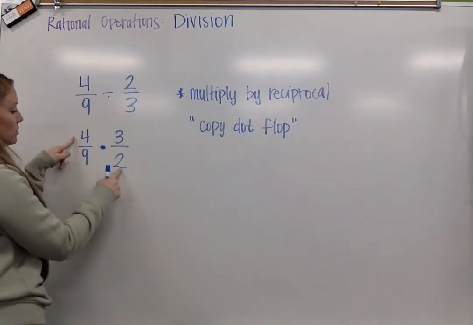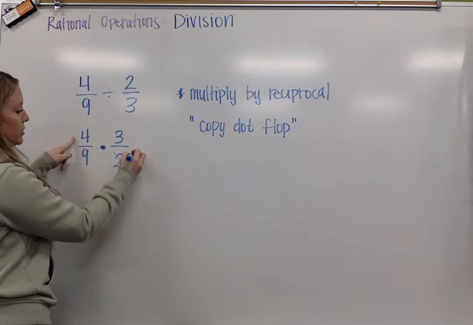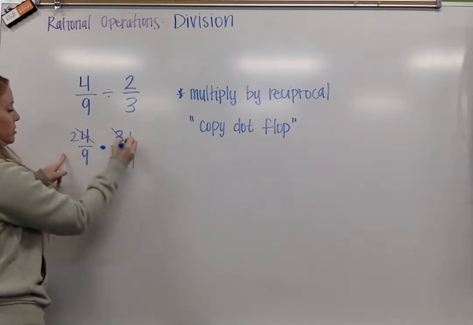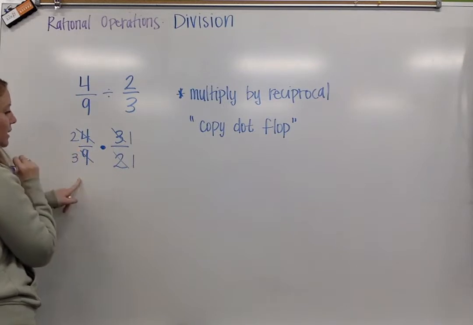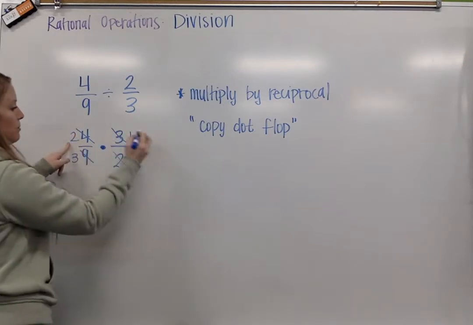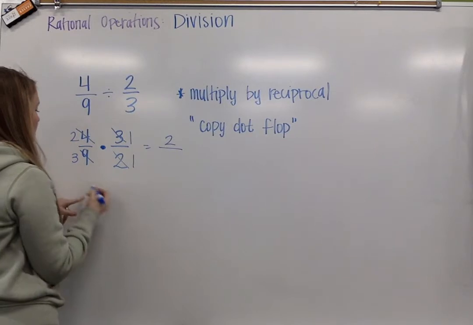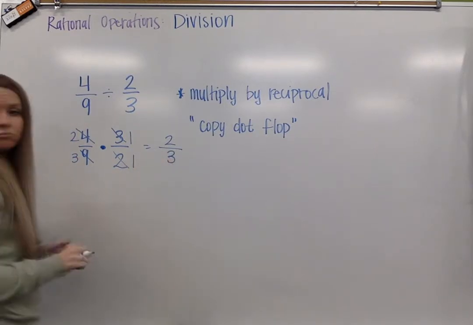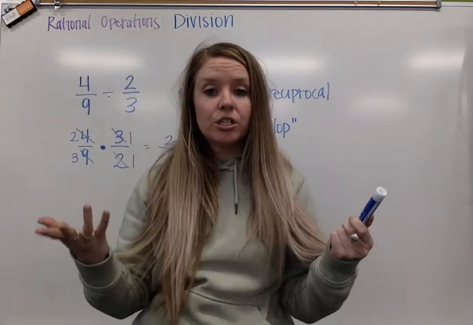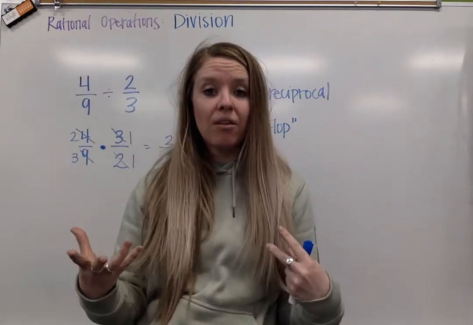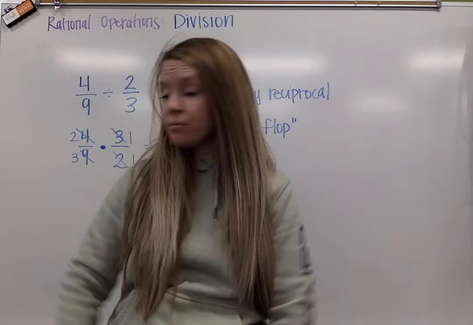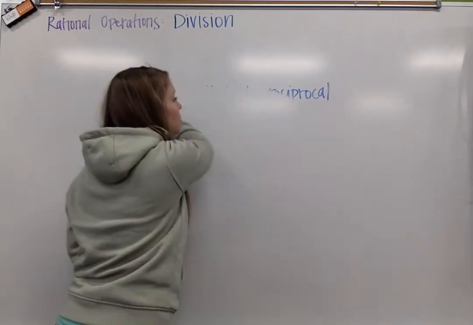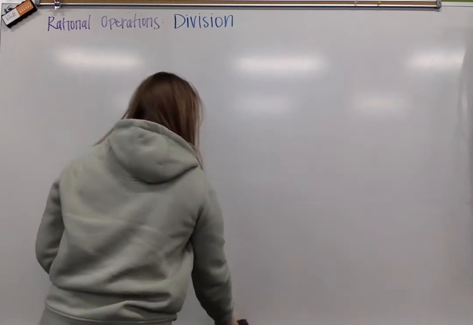So 4 and 2: 2 reduces to 1, 4 reduces to 2, 3 reduces to 1, 9 reduces to 3, and I'm left with 2 times 1, which is 2, 3 times 1, which is 3. Okay? So now we're just going to do that with some rational expressions, see how that works, and let you loose. So we'll start with the first example that requires no factoring,